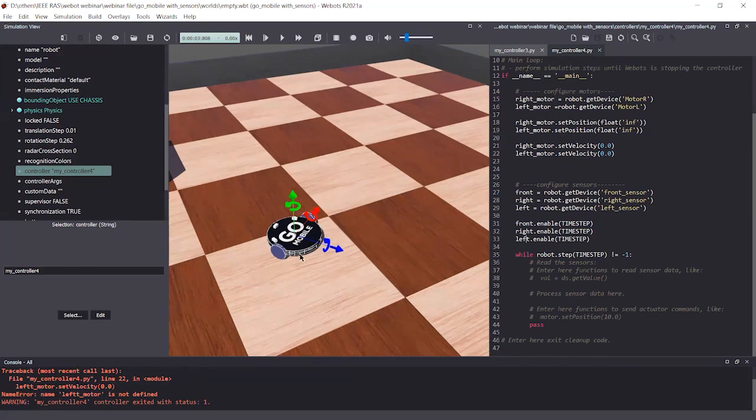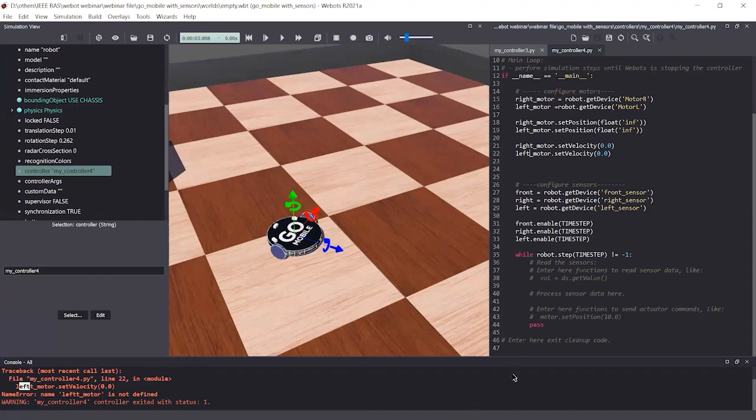In Python you have to run the code in order to get the errors, right? So in line 22 there is this error. If I go to line 2, you can see left is defined wrong, double T. So I'm correcting this and saving this. Now our code is running correctly.